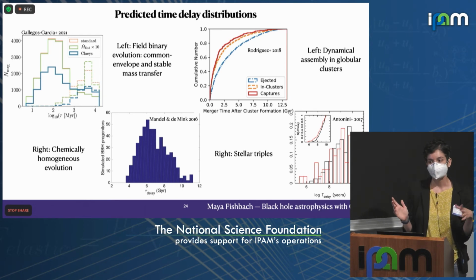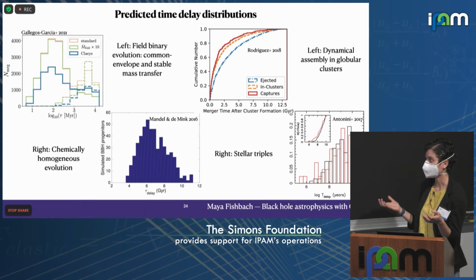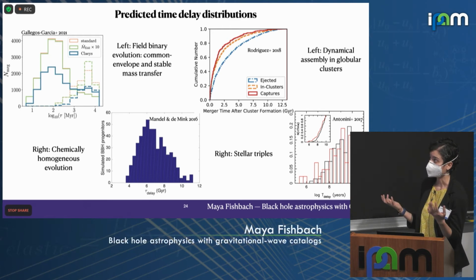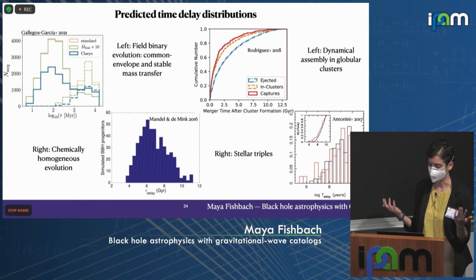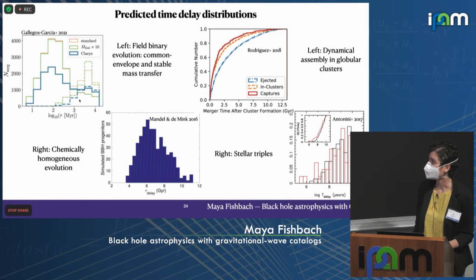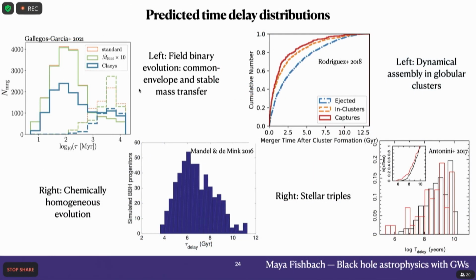So depending on the physical processes that are going on to get these progenitor stars to form black holes and then merge, you'd expect different time delays. Those processes just take different amounts of time. And so here, I won't really go into detail into these plots, but these are just some plots that I collected from the literature that are showing predicted time delay distributions for different channels. So in this plot, for example, which is from a paper by Monica Gallegos Garcia, who's a graduate student at Northwestern, you can see that common envelope evolution leads to